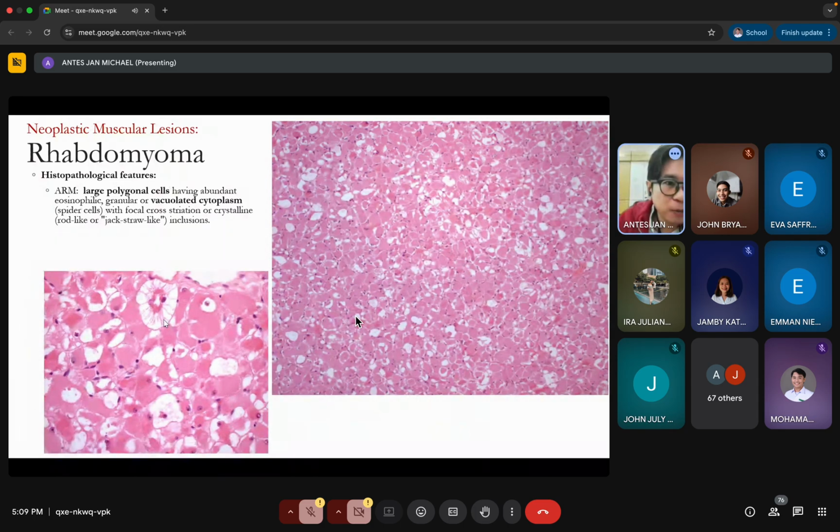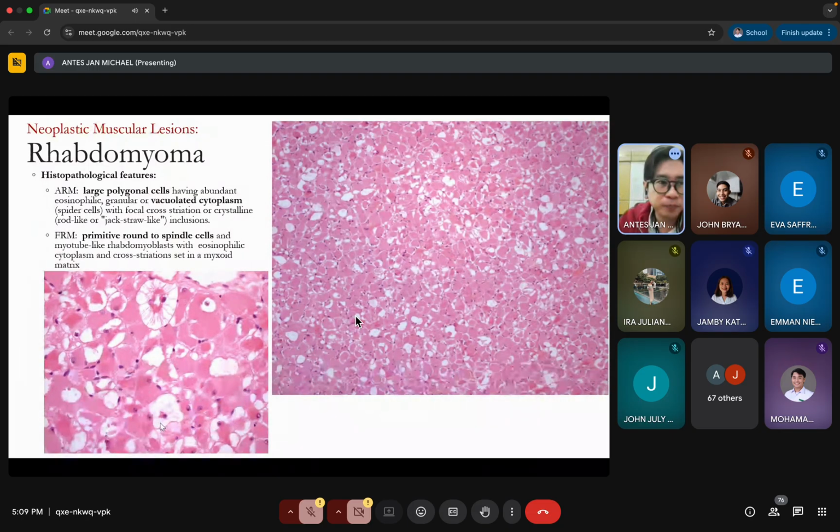And within these muscle cells, you will actually see some cross striations, but it's not quite clearly seen here unless you move to the higher power objective. But looking at the low power objective, you will see that most of the cells appear as if it's a normal cross section of the skeletal muscle. And definitely there's lots of vacuolization.